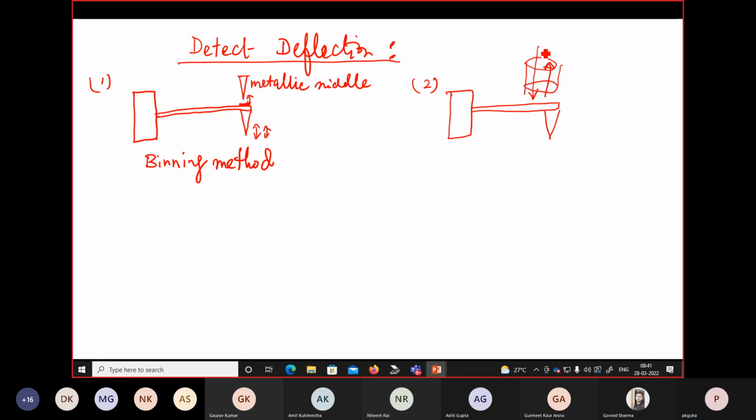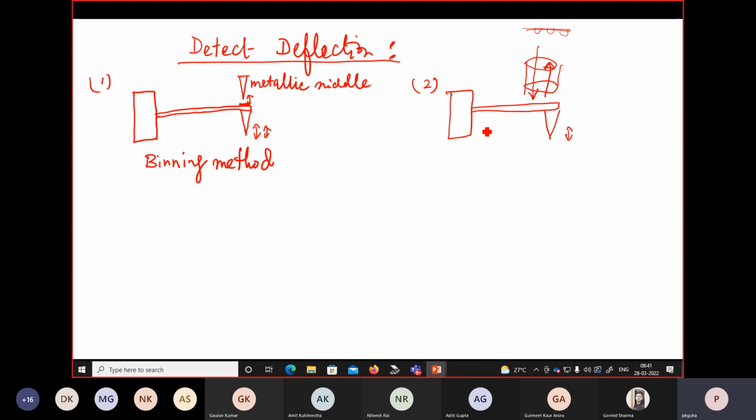Depending on the motion of this probe, the interference, the dark and white pattern, will change, and from there you can find out